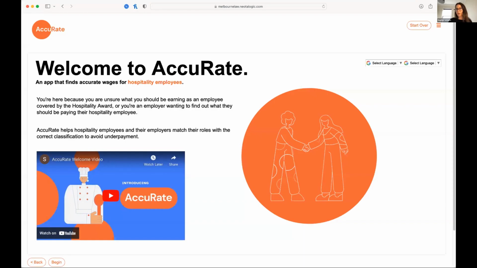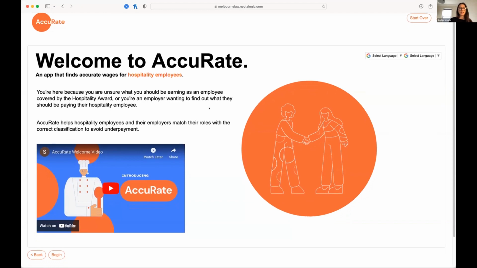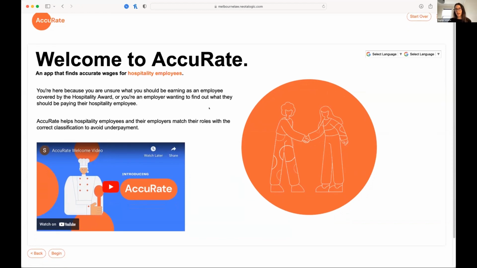So instead of showing you some slides about the app, I'm just going to show you what we ended up creating. My group members aren't here today, but there were 4 of us who created this. We created an app called Accurate, and basically in Australia, the minimum wage or award, someone's pay entitlements are decided by modern award legislation, which is really complex, dense, and inaccessible for your average person to